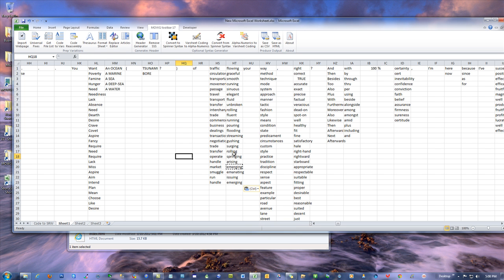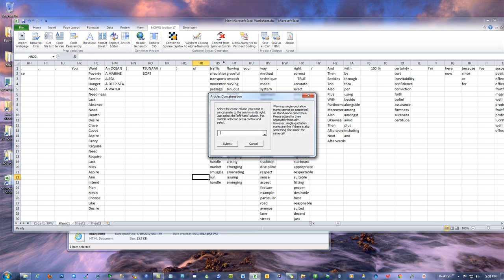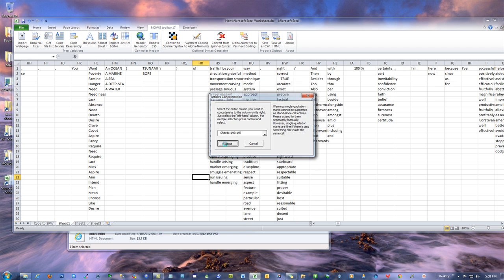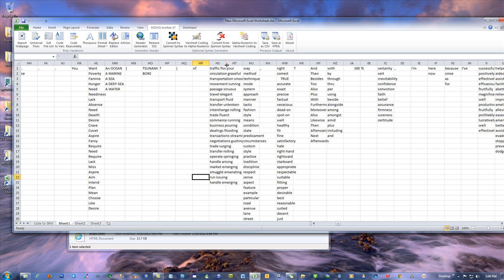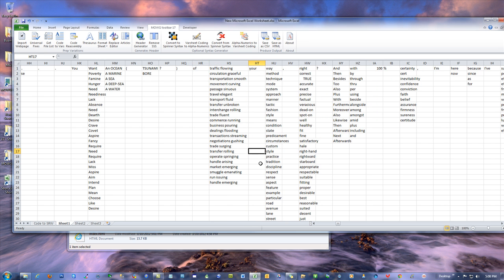Boom. That way they match up. Okay, click off of there. Now I want to do it there. Articles, grab those two, submit. Okay, and I can stretch that out. And I see it. It's all perfect, except I lost all my ability to circulate through all the combinations of